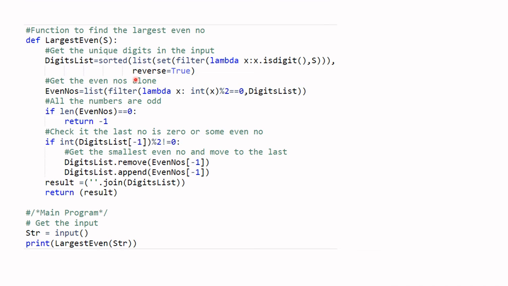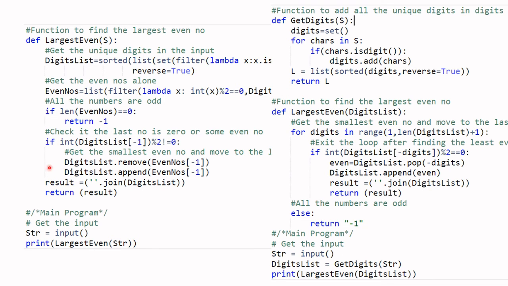So let's move on to the second approach. Here I am giving another approach where the algorithm is the same, but the technique I am using is different. Here the technique that I am using is list comprehension. Beware when you're using list comprehension. I'm going to quickly show you the difference.